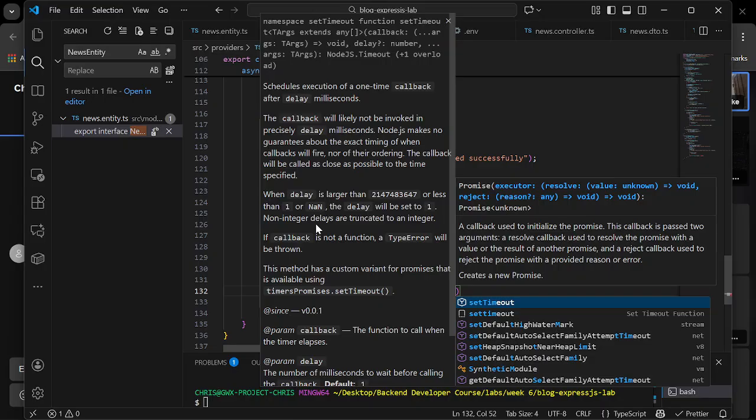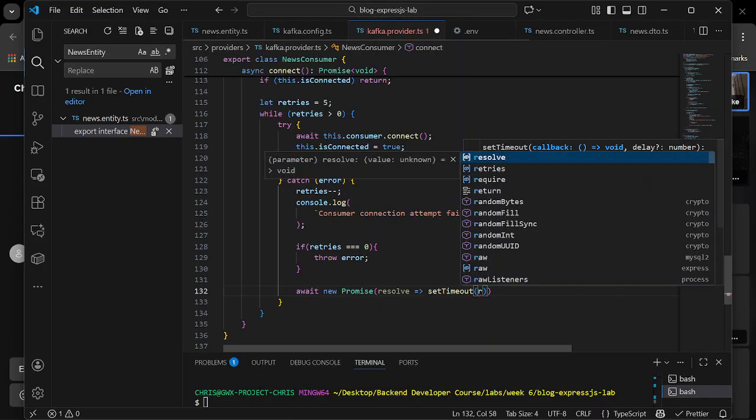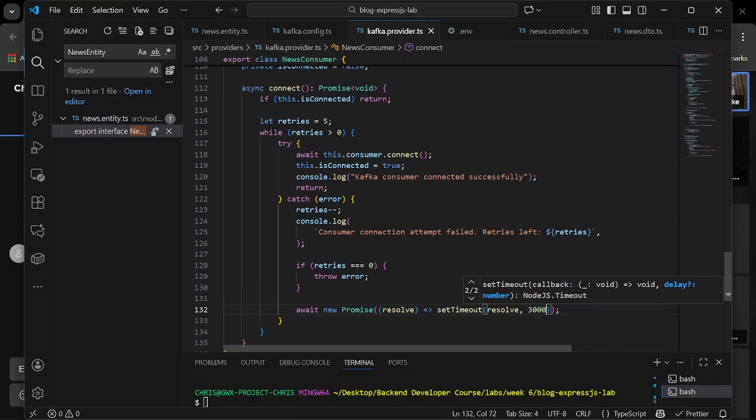You have to wait, set timeout, wait for like 3 seconds, then we'll try again. So basically this is almost the same logic as the producer one. Then when this is done,